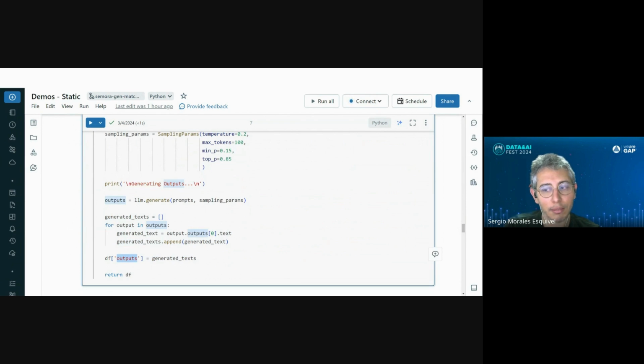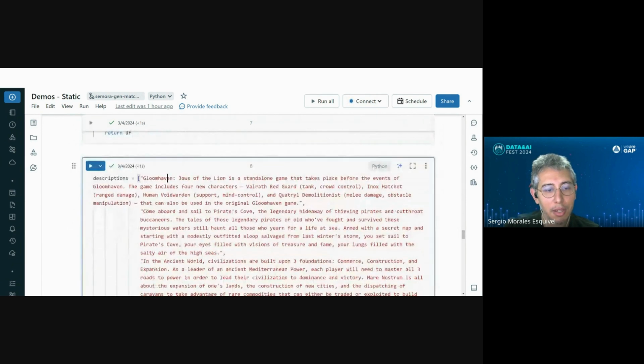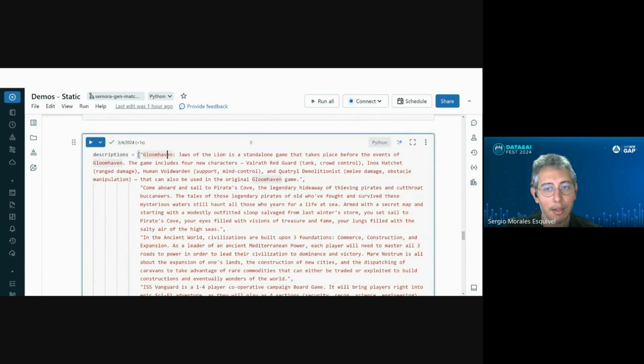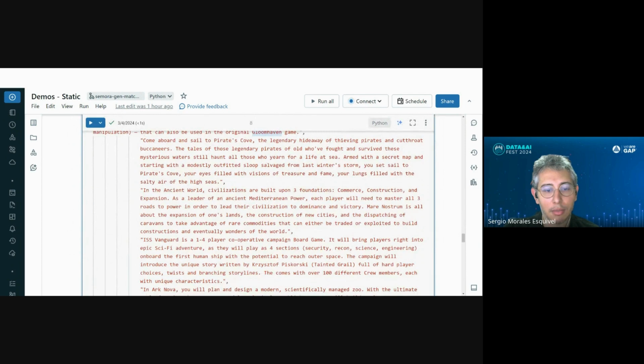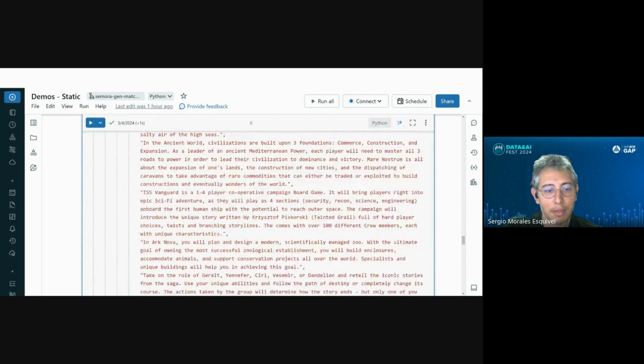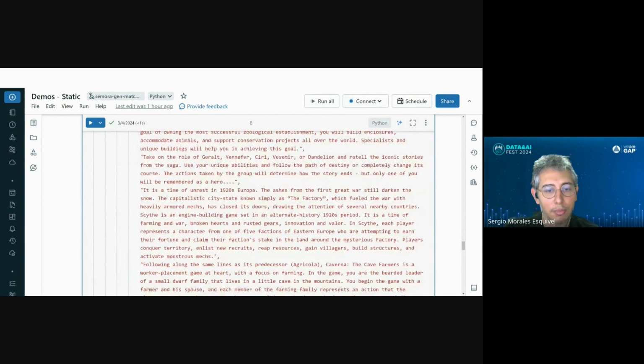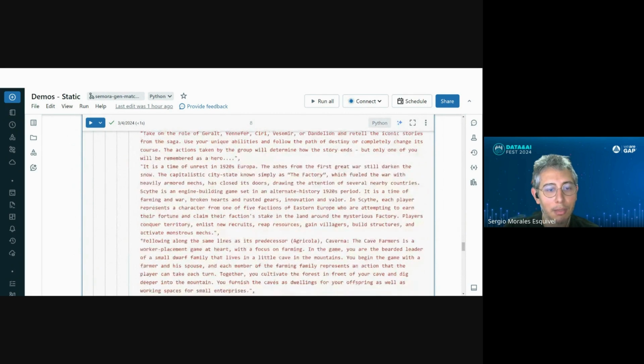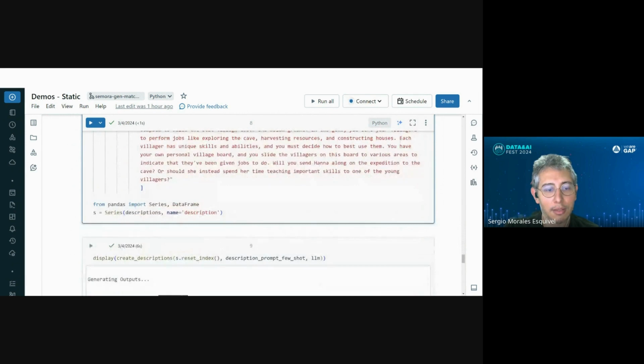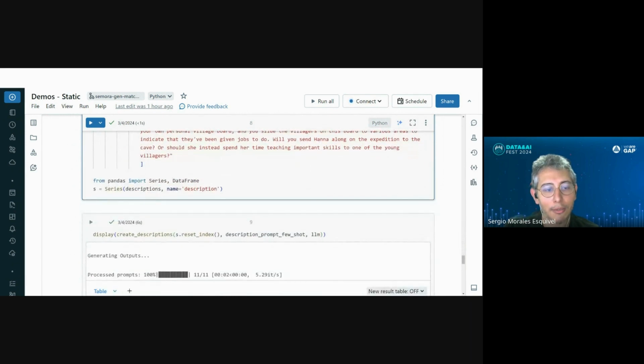outputs column. So here are my descriptions, and you can see I, again, just created a quick list. I didn't even crawl the website. I just copy-pasted it from a couple of games. So I've got Column Haven, Pirates Cove, I don't know what the name of this game is, ISS Vanguard, Ark Nova, some The Witcher board game, and so on and so forth. I've got a bunch of these, like 10. And then I just created a very simple list of